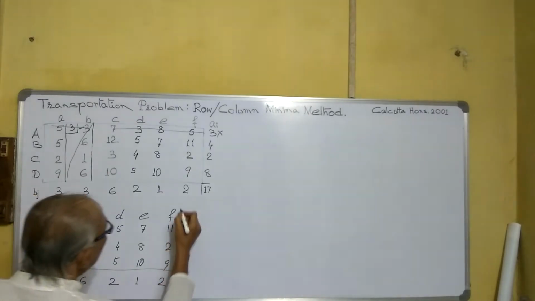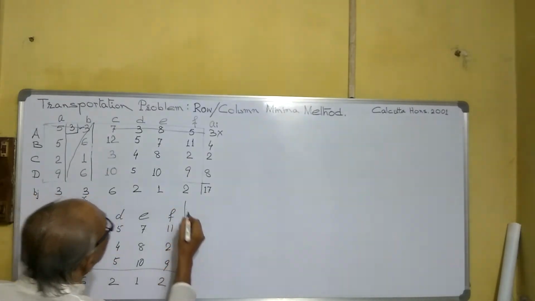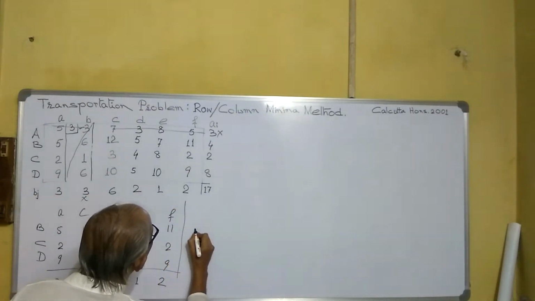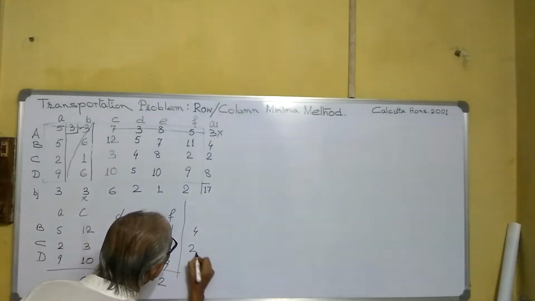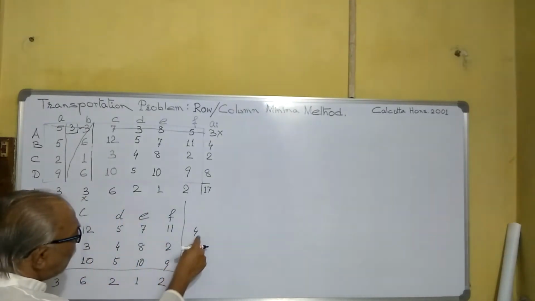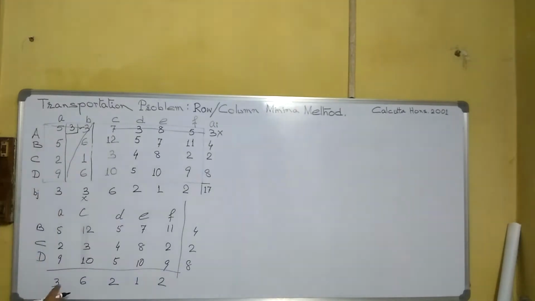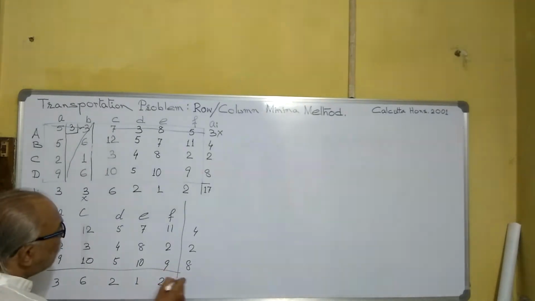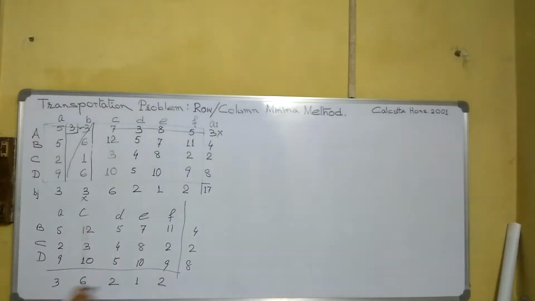And here availables are 4 to 8. Check it. 4 and 2, 6 and 8, 14. 3 and 6, 9 to 11, 12 to 14. It is equal. So now that means it is correct. We can proceed to the next. Again we can see in this, here the lowest element is 5. Again two 5s are there. We can choose any one at random.